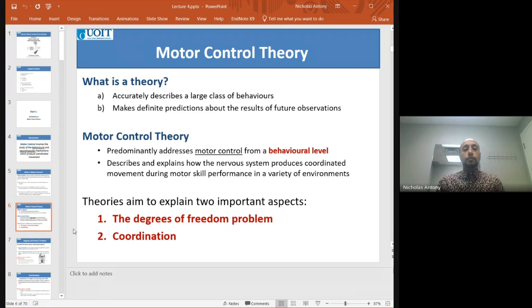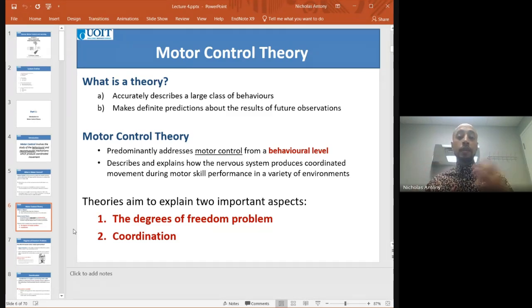Okay. So in terms of a theory, this is coming from more like science. What is a motor control theory? Well, let's first define what a theory is. A theory is what we develop through studies. A theory is a way to accurately describe a large class of behaviors. So you can develop a theory to suggest why your research is always finding this sort of result. And what defines a theory, like a law, is that it allows you to make predictions about future